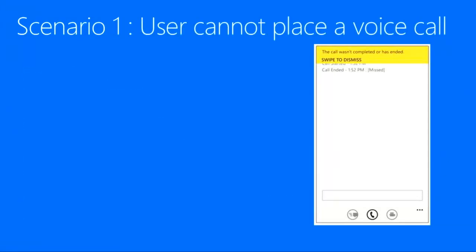So the next step was to come up with a ladder diagram to understand how the call actually flows, or how the call is supposed to flow. The mobile is the first point in the ladder diagram here, and the mobile client will always do an HTTPS connection with the UCIVA. The mobile client doesn't do SIP directly for signaling. It talks with the UCIVA over HTTPS. And UCIVA is a component that's installed on the front-end server. There is no extra configuration required for UCIVA. So UCIVA is on the front end, and then